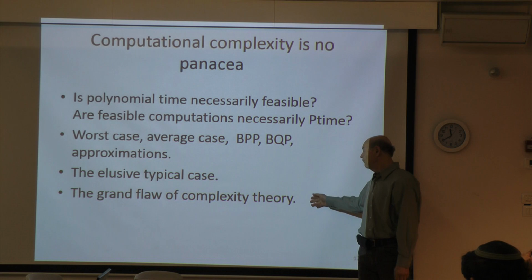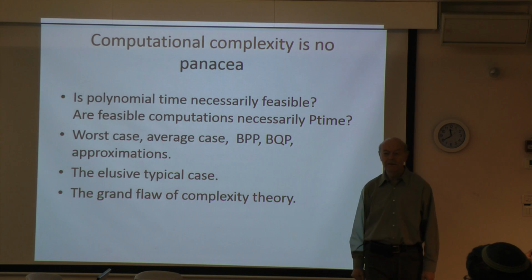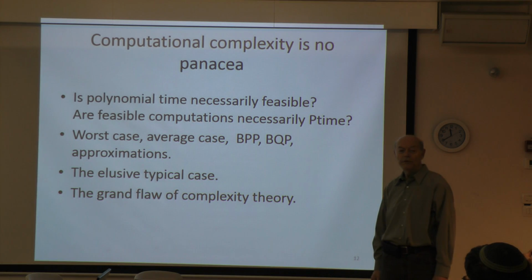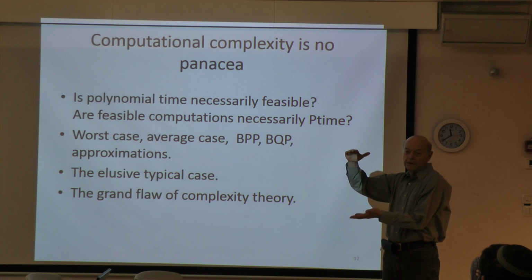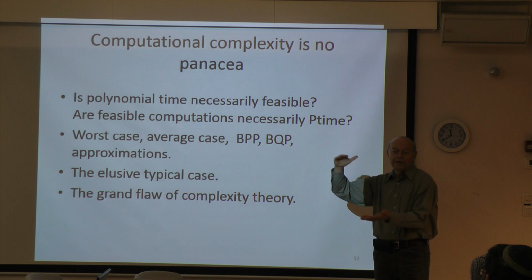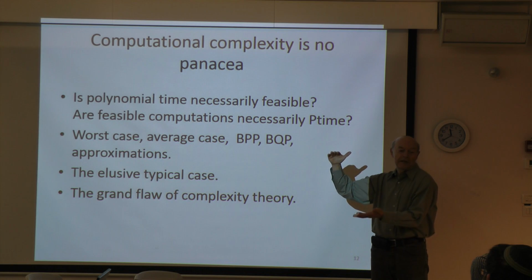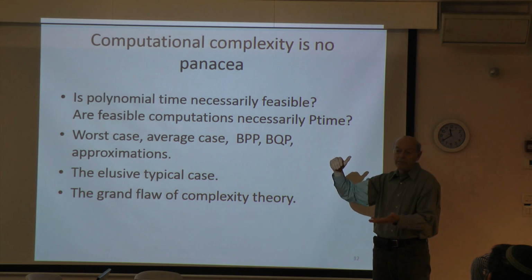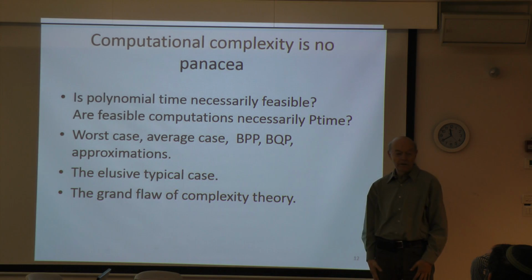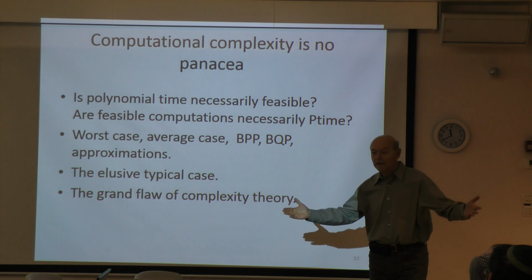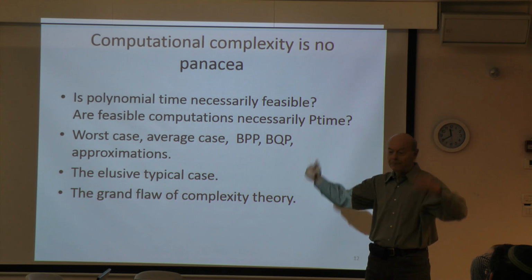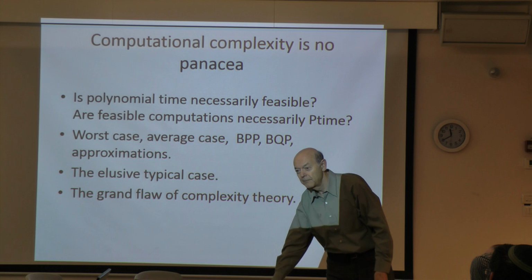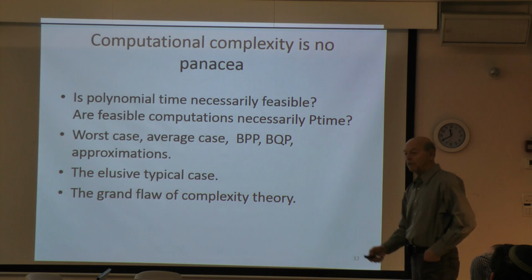But anyway, the grand flaw of all complexity theory is that it is asymptotic. In all applications, typically there is a range of inputs. For example, how many files does the IRS have? Probably more than 10 billion and probably less than 200 billion. So that's the range. So what's the point of an algorithm which runs quickly when you have trillions of files?